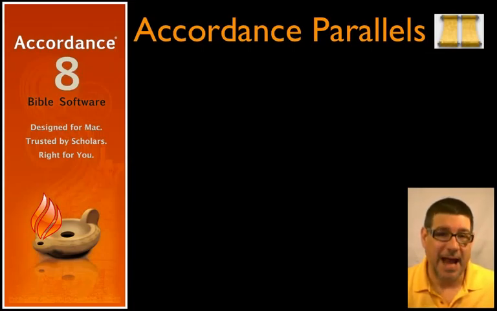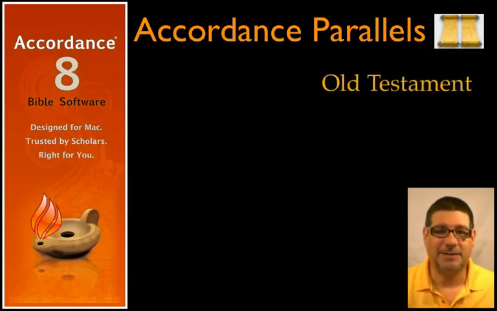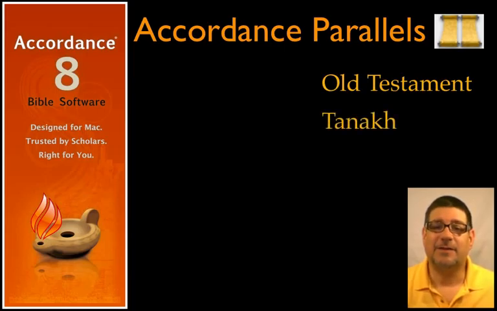There are currently 8 parallel databases available for Accordance. You'll find them listed under the parallel icon shown here. Starting from right to left in good Hebrew fashion, we have the first 2 Old Testament parallels, Old Testament and Tanakh. These are virtually identical, save that the latter has been tweaked for our Jewish users and is found only